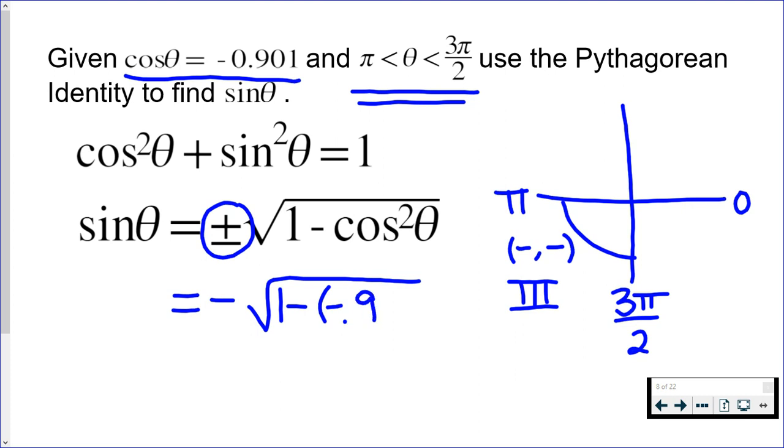So all we have to do is plug in that cosine value. Please remember your order of operations. Those negatives do not cancel each other out. We have to do negative 0.901 squared, and then you do 1 minus that value. And then you take the square root. And again, don't forget that we chose negative here, so you have a negative on the outside. This should give you